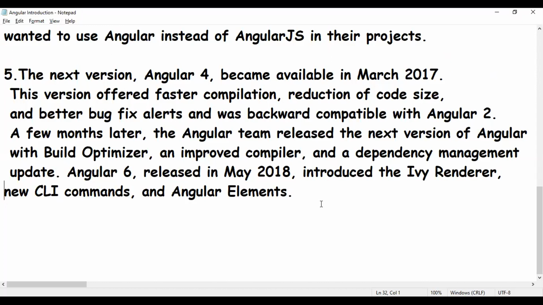So this is the fifth point that we have discussed. And now we will be discussing the advantages, why it is so popular nowadays among developers. So the first point, detailed documentation.